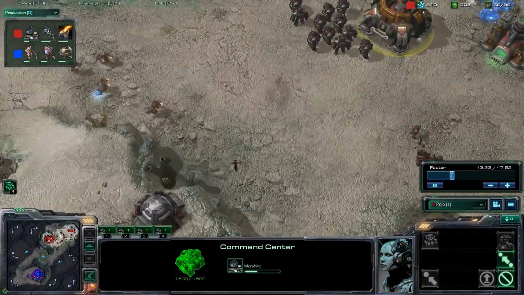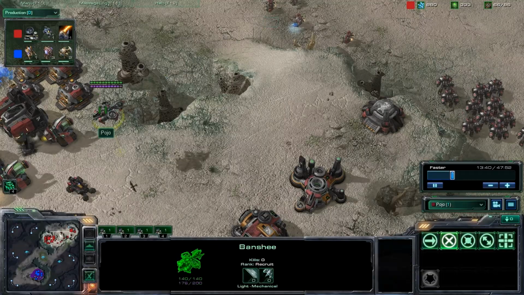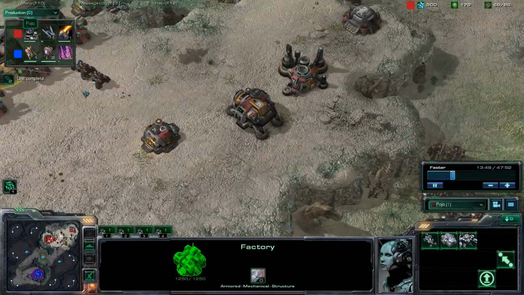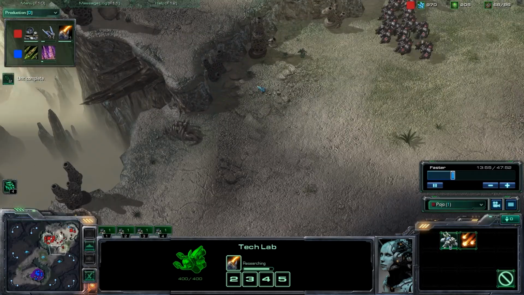In the meantime, go ahead and populate my command center, and Marauders continue to chase those roaches around. This Banshee just sort of standing here, being helpful. Ready to raise some more hell. Hellions coming out. I am getting the Infernal Pre-Igniter upgrade because maybe